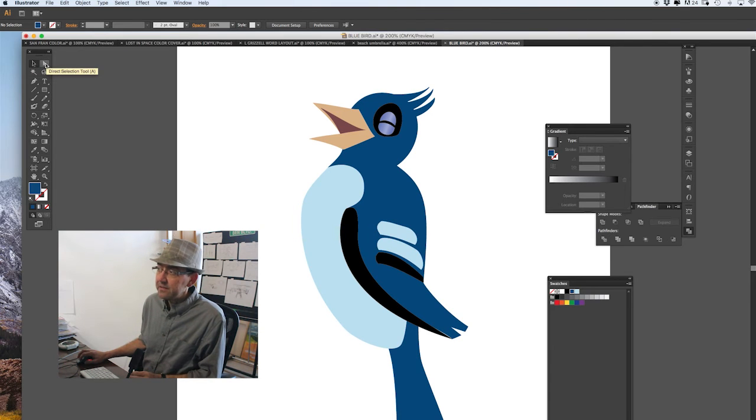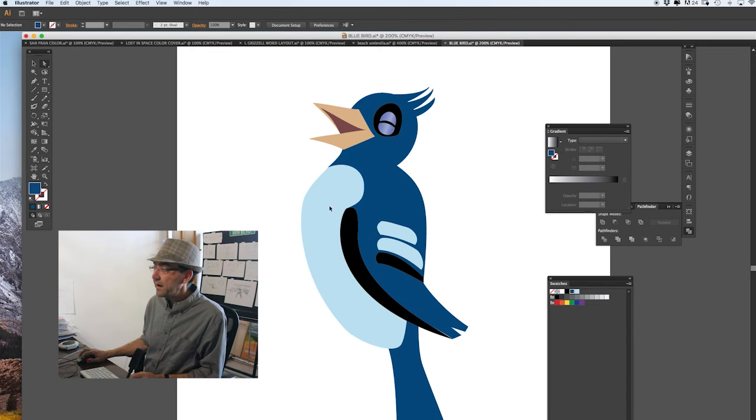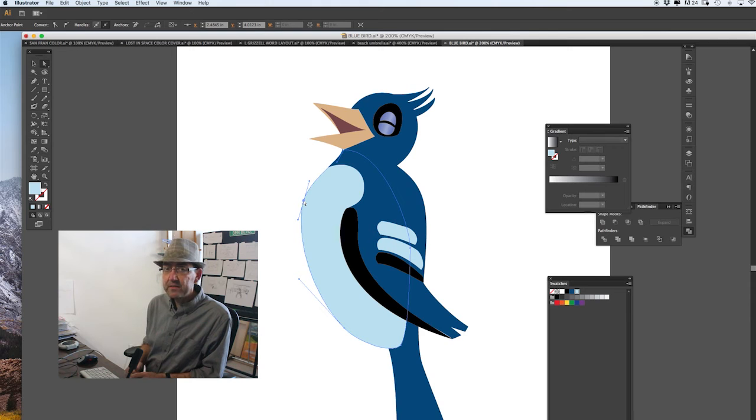Now here is the key. The one next to it is called the direct select tool. And what's very critical about the direct select tool is if you select inside of an object with the direct select tool, it will act like the object select tool. But if you just roll over an anchor point and click on that, then you can select just that anchor point. And when you select just the anchor point, then whatever manipulation that you do to that anchor point affects